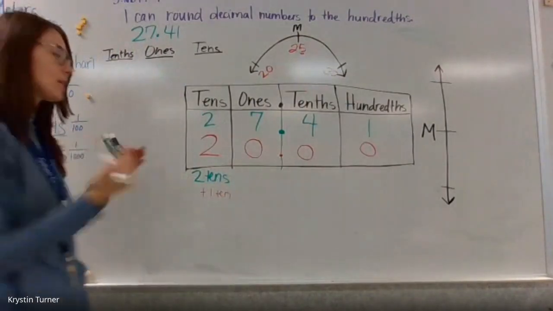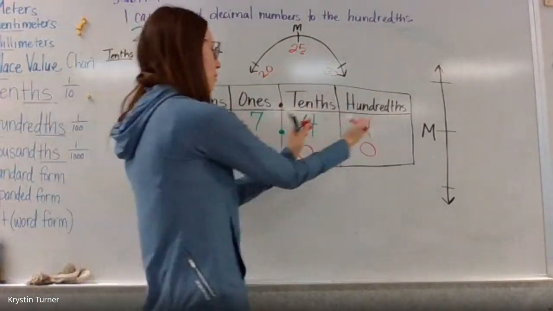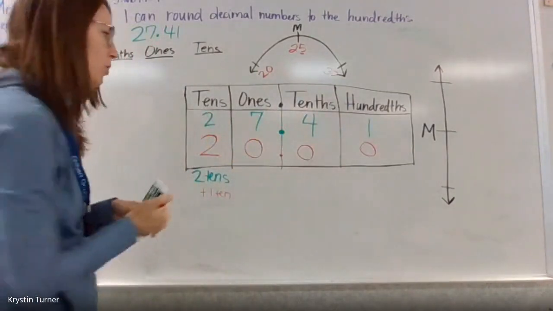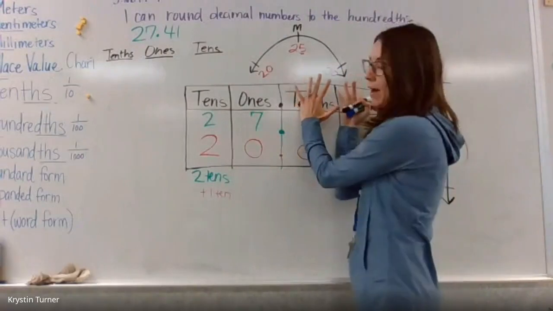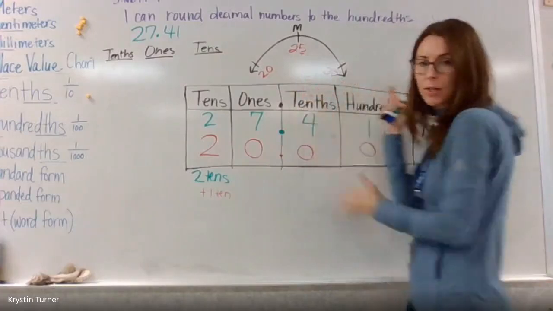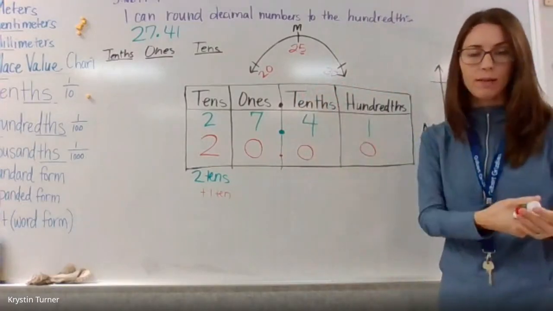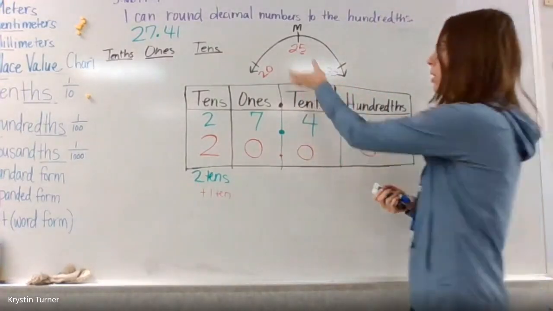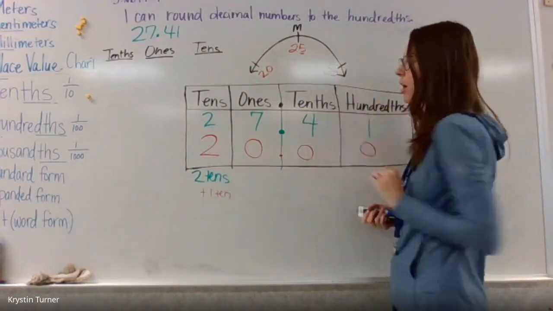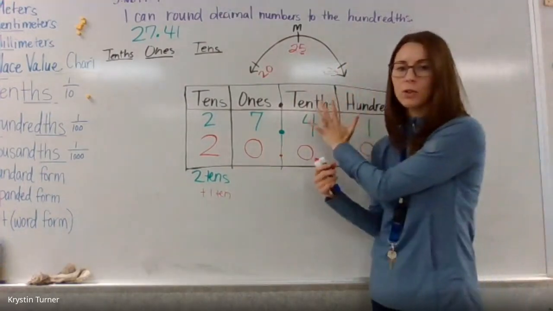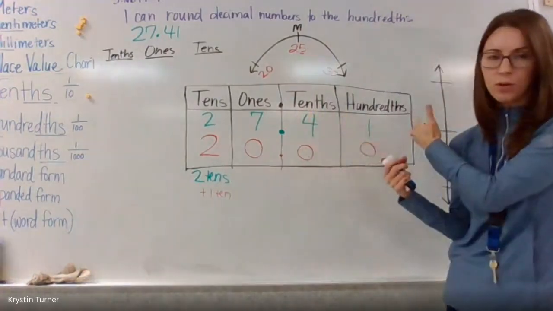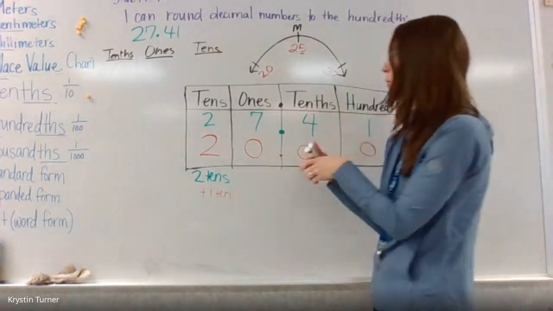Now, I'm rounding 27 and 41 hundredths. What might be more helpful to you is either to ignore everything behind the ones and just think of this number as 27 with some other stuff behind it, like money. I have $27 and this much cents. So would that be between $20 and $25 or $25 and $30, right? So you can start by just thinking, well, $27 is between 25 and 30, and then add on the 41 cents to that at the end. Or you can add,